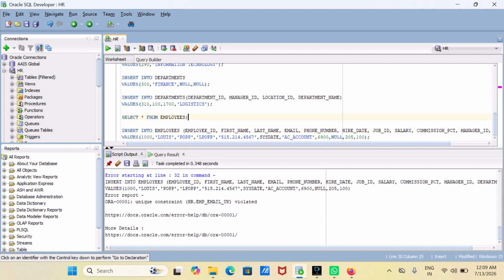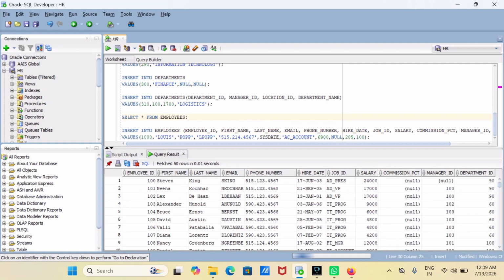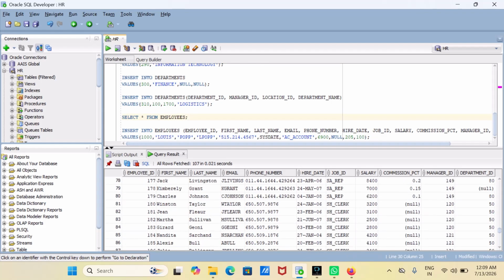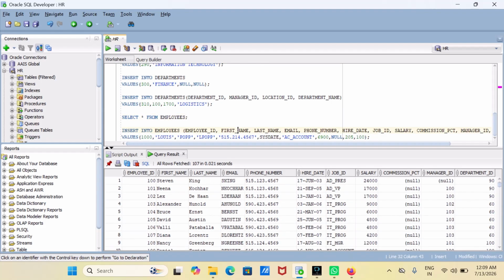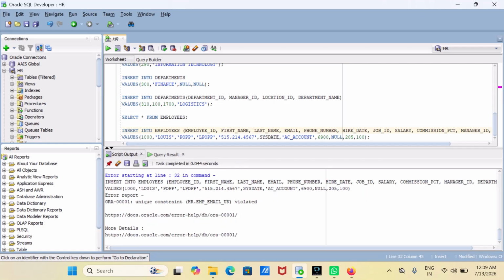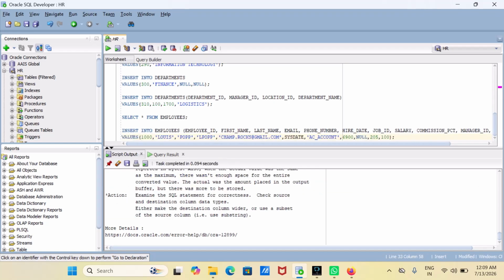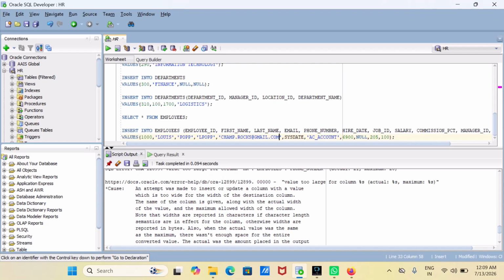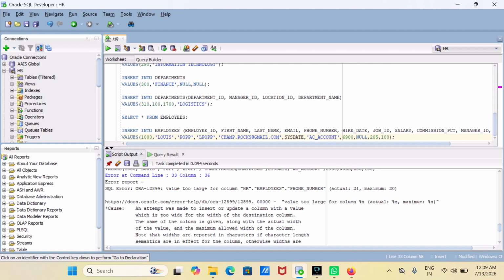Unique constant, I think we already have value with 1000, but employee ID is not there. Let me see why this error is giving. Email, okay, email is giving the error. Okay, fine. So let me give another email. Okay, so we give it, but here it is giving as,